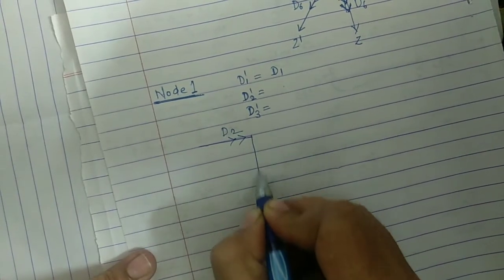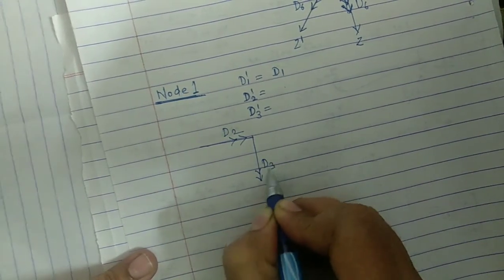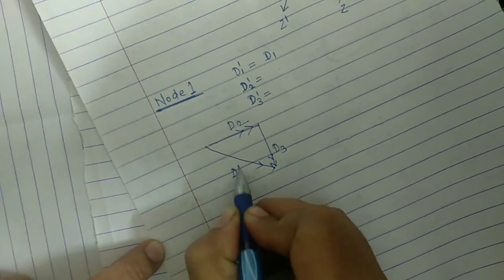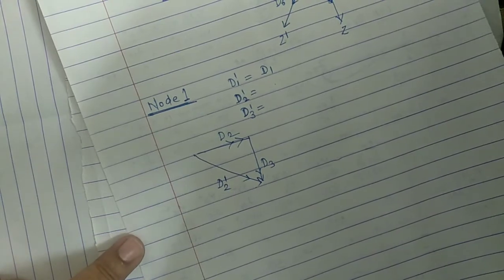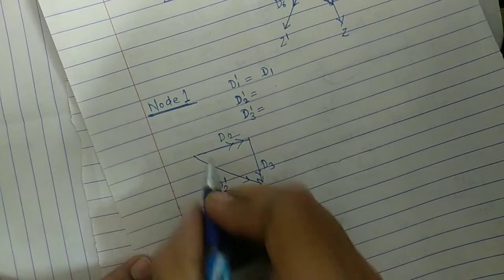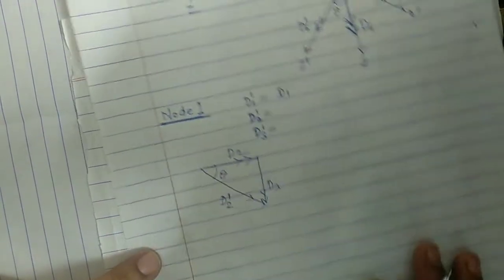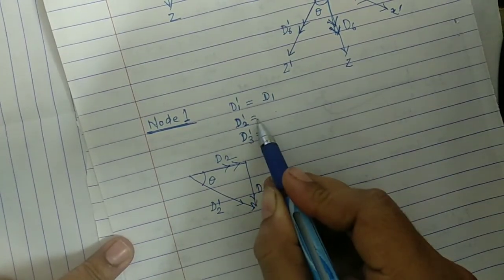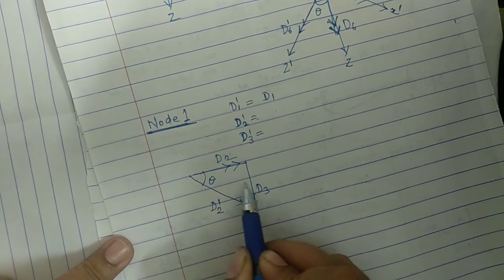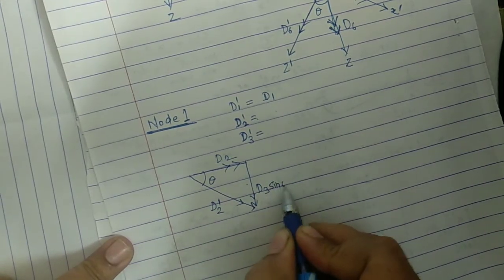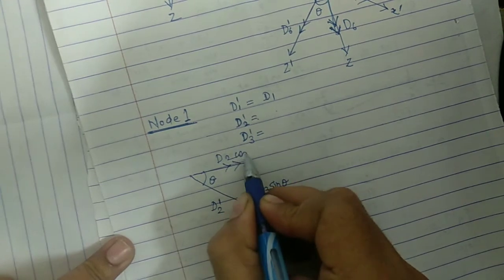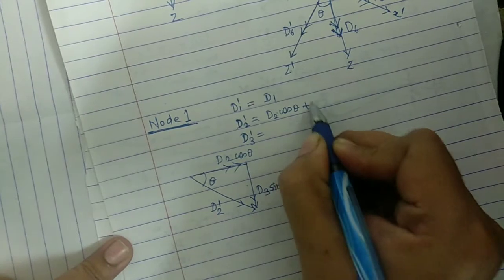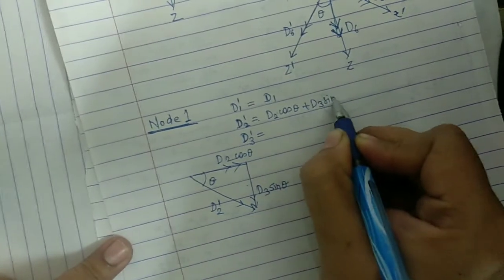d2, d3 and this hypotenuse d2 dash. Okay, so this way, and the angle theta is here. So how can we write the equation here? Hypotenuse d2 dash is equal to the side opposite to theta, sin theta, and the side adjacent to theta, cos theta. So it will be in terms of d2 cos theta plus d3 sin theta.